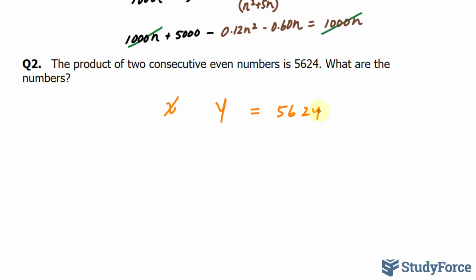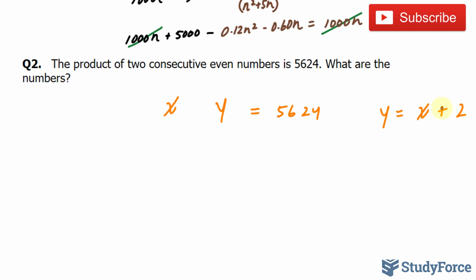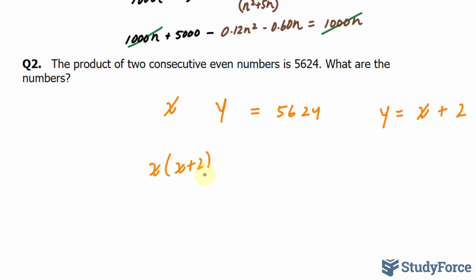Now, the fact that they're even is important because if that's the case, we can say that y is equal to x plus 2. So if our first number in the sequence is x and it's even, the next number has to be even as well, and the only way to ensure that is if you add plus 2 to what x was. This makes the equation quite easy. We have x bracket x plus 2. We multiply what you see on your left. That's x squared plus 2x is equal to